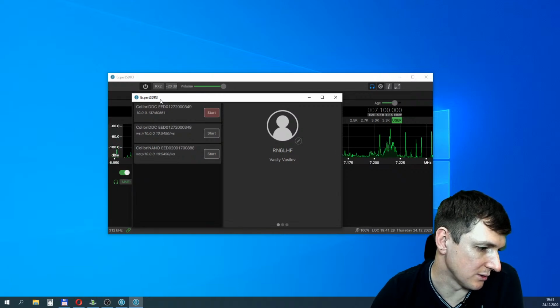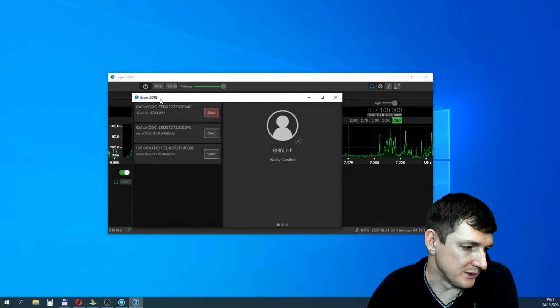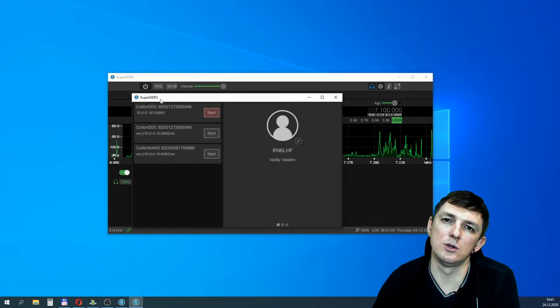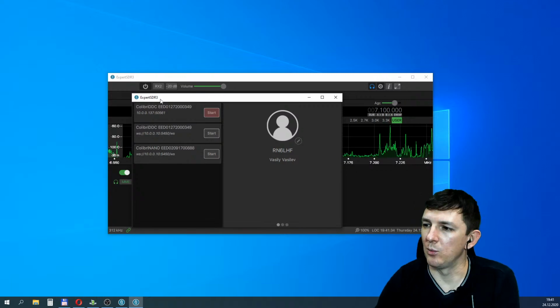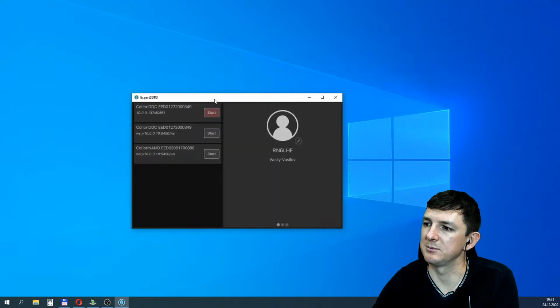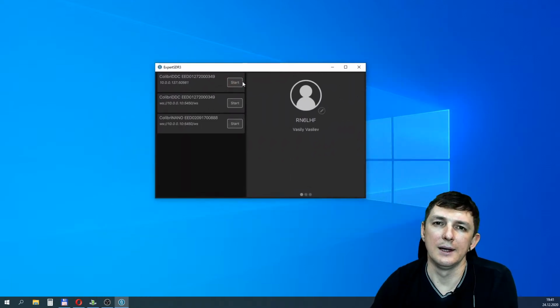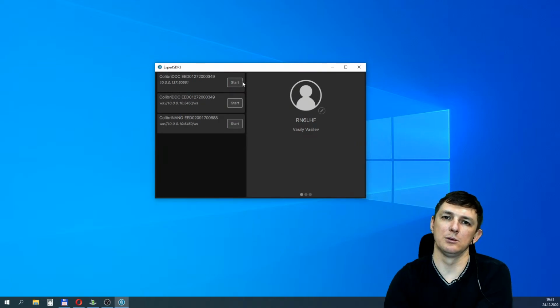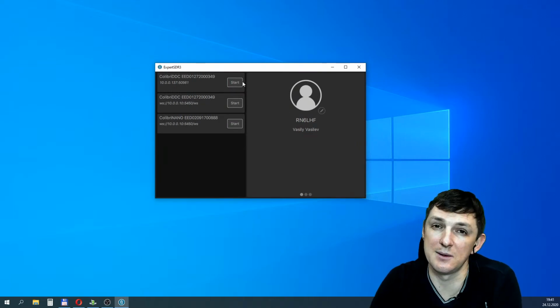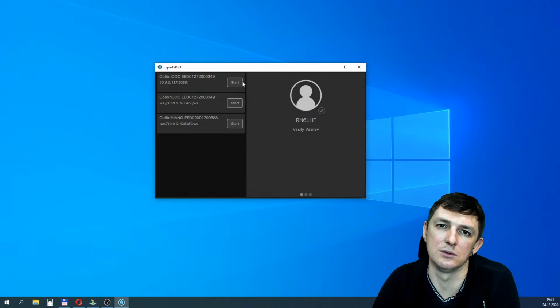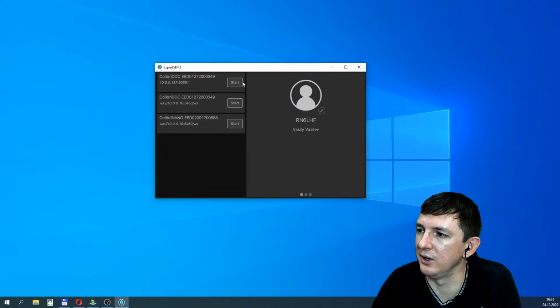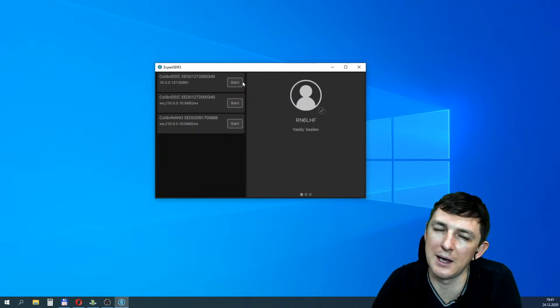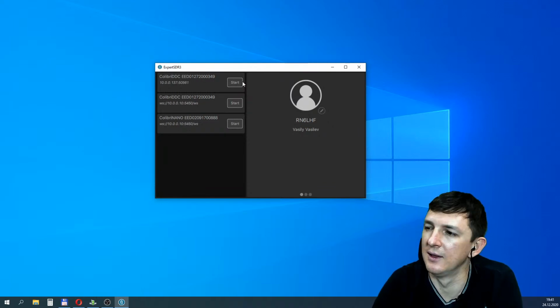What needs to install on the remote PC? You should install special remote utility with the same view like a device manager, like now. And I think it will be the same software maybe. Also you can install Expert SDR3. I think maybe it will be different software, but I think it will be the same.